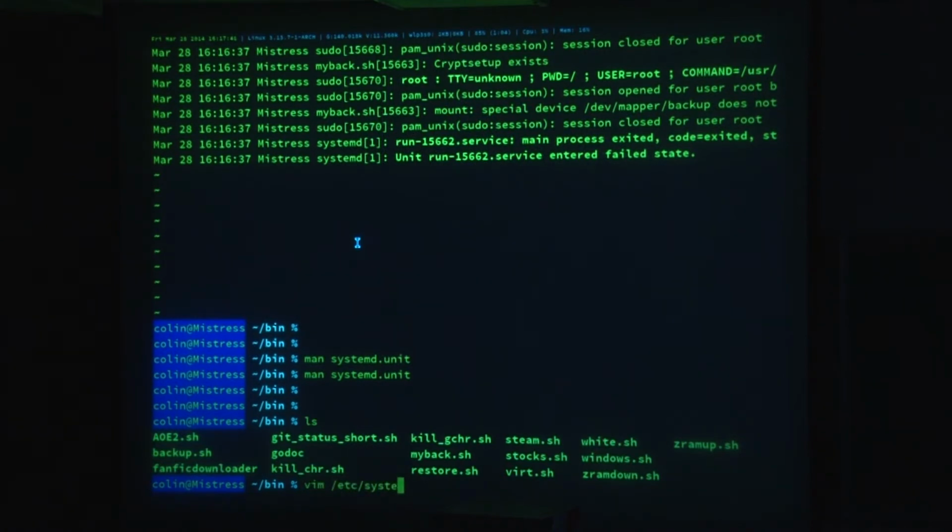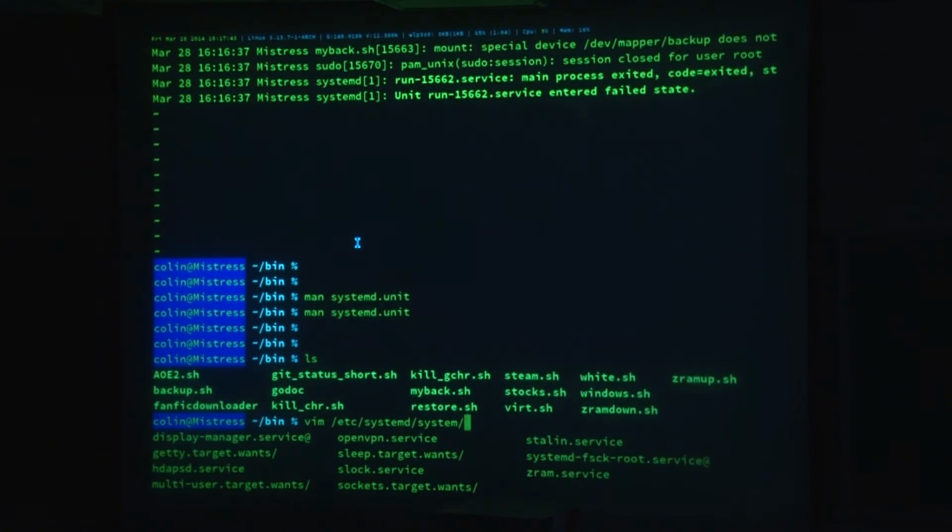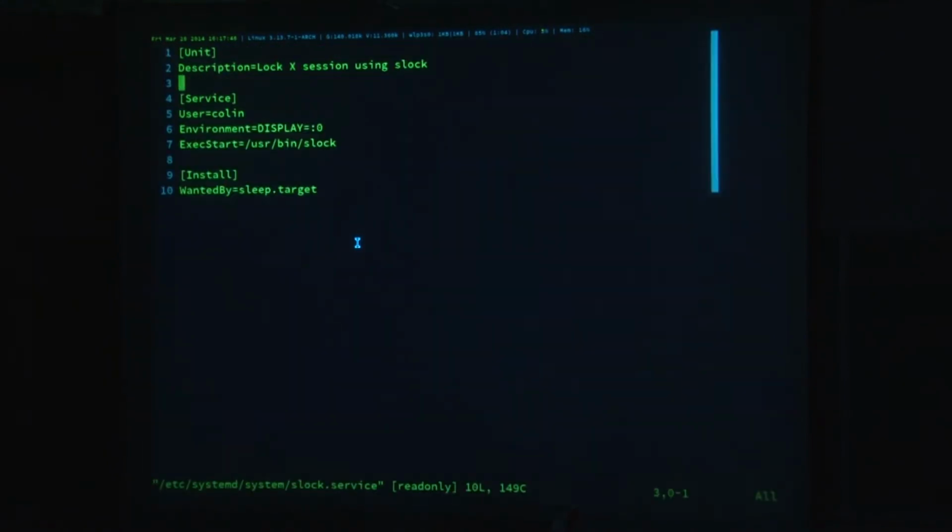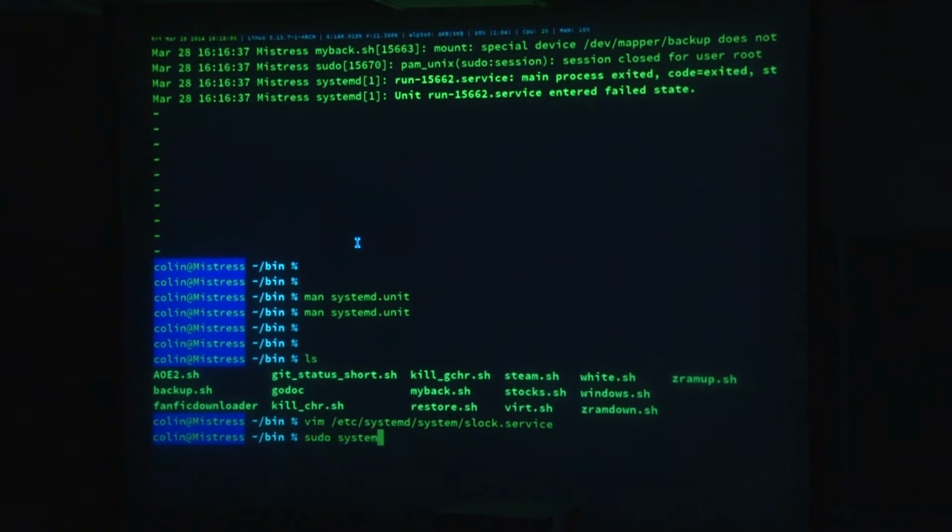What it actually means is that if you look in systemd system, in these services, there's a bunch of stuff. And the service stuff is all specific to services. And the install stuff is all specific to services that can be installed. But the unit stuff is actually generic. So all units have a description. That's what you see when you do